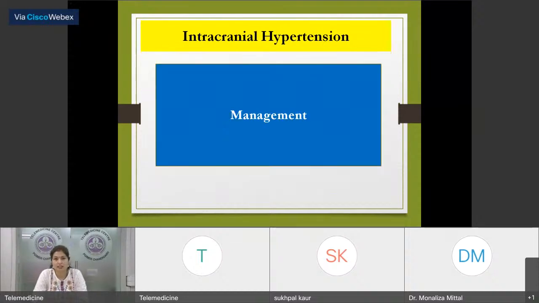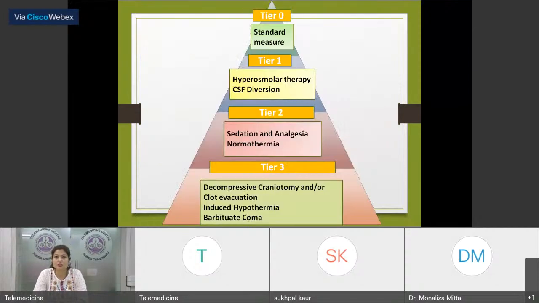Now, the most important part, the reason we are all present on this platform, is how to manage increased ICP. According to current guidelines, we have a tier system by which we can manage ICP very well, and it starts from 0 to 3. From basic measures, we can go to higher interventions by which we can decrease the